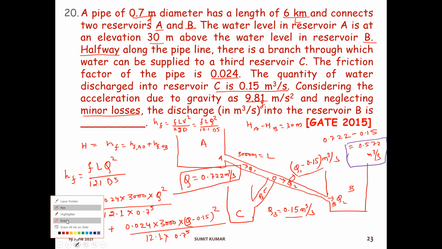So that was all for today's class. Question number 20. Today we again solved 10 questions from this topic, that is flow through pipes. If we know the formula and concept, and this concept is what? Whatever the losses in a pipe are, they are divided into two parts, major loss and minor loss. The major loss is due to frictional losses, and the minor losses are due to pipe fittings.